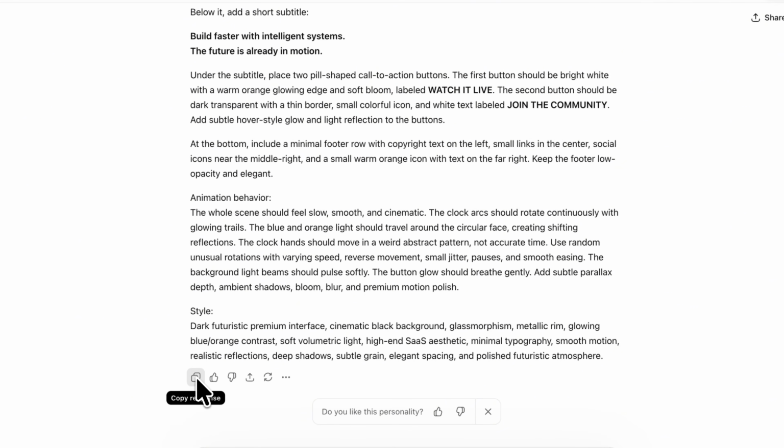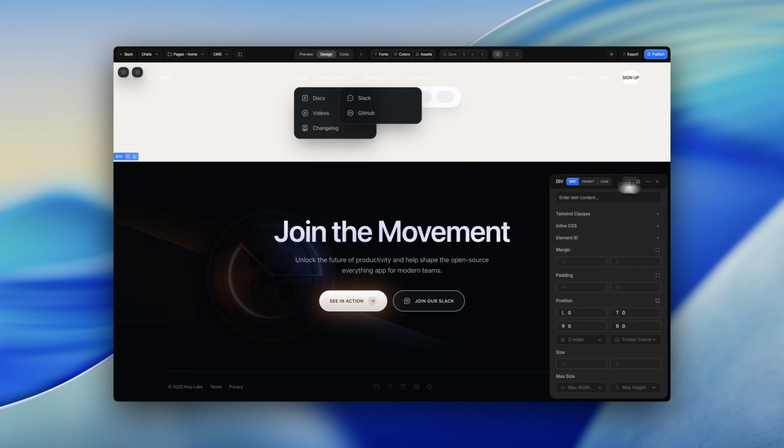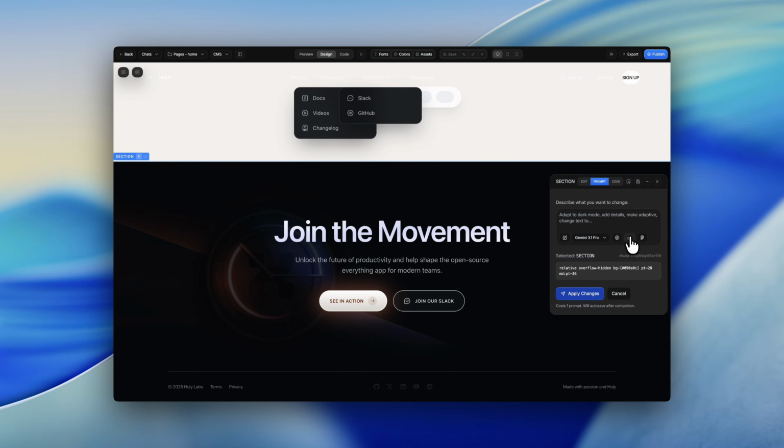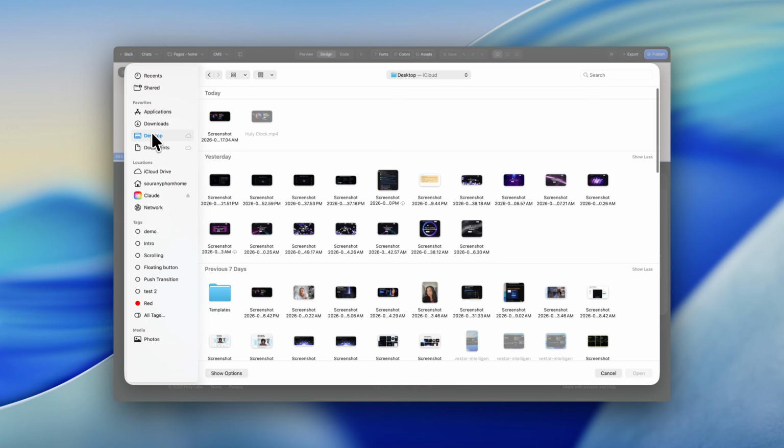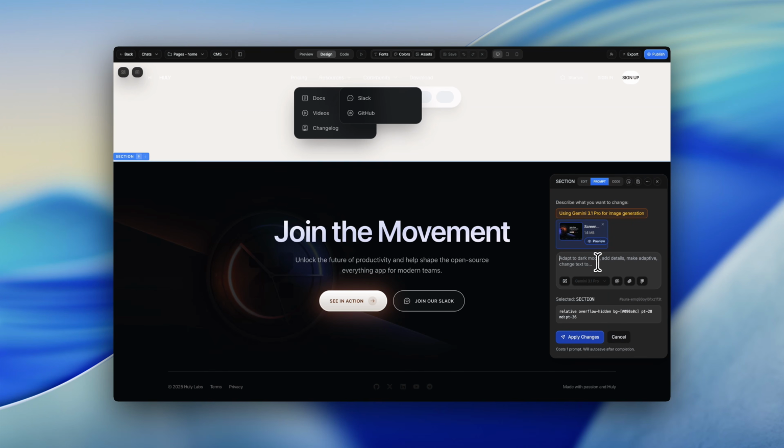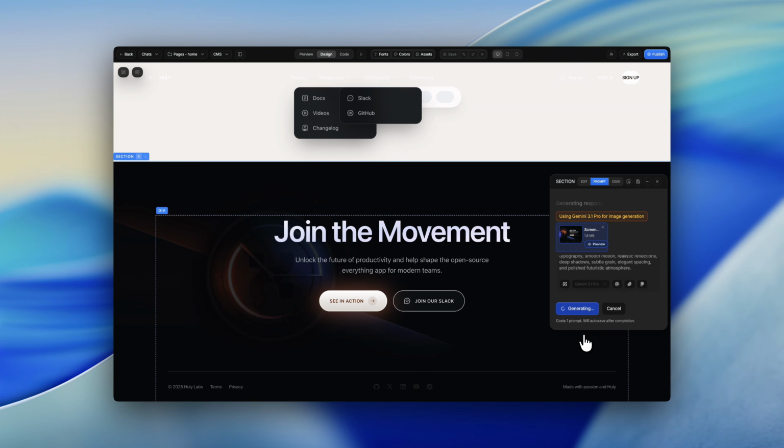All right, copy the prompt and go back to Aura. So same workflow again, attach the screenshot, paste the detailed prompt, and generate. For the model, I recommend keeping Gemini 3.1 Pro if you want really strong UI quality and more creative visual direction. Or you can use Claude Opus if your goal is heavier animation, more advanced interaction, or more complex motion behavior. In my case, I usually stick with Gemini 3.1 Pro because I like the balance between premium UI and creative animation result. All right, let's prompt it